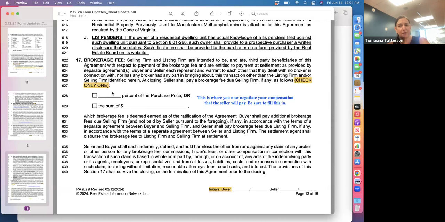I think we're going to find out that we might not be able to get that 3%. So it's really important that we have this conversation about compensation before we go out to view properties. Again, I'm not going to get too into it because this is covered at some of our other meetings, but